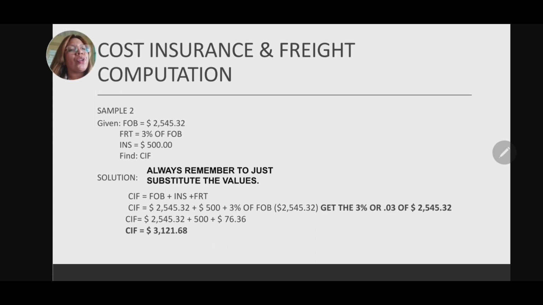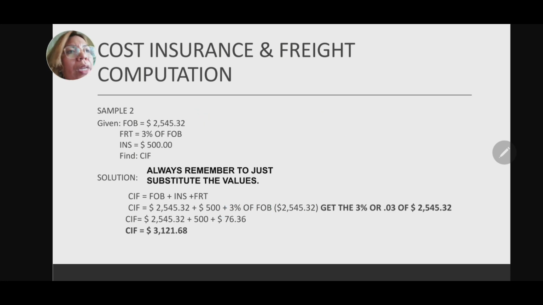Since there is a value for your FOB, you just need to write down the FOB value, 2,545.32, plus your insurance, which is $500. Then your freight is 3% of the FOB. Since we already have the given FOB, you just need to multiply your FOB by 0.03, because that is 3% of the FOB, to get the value of your freight. So that would be 0.03 of 2,545.32,